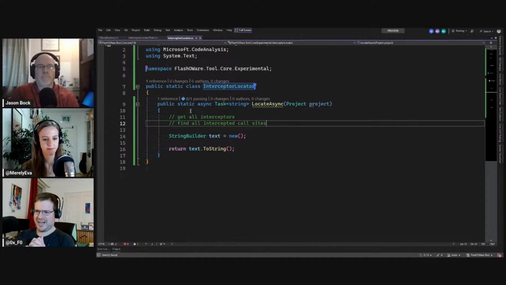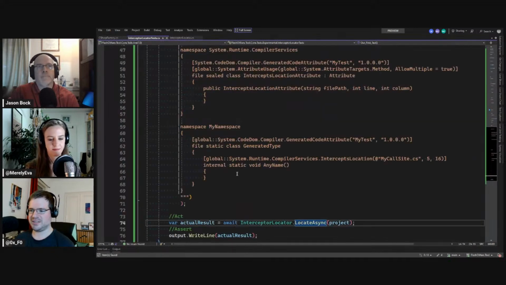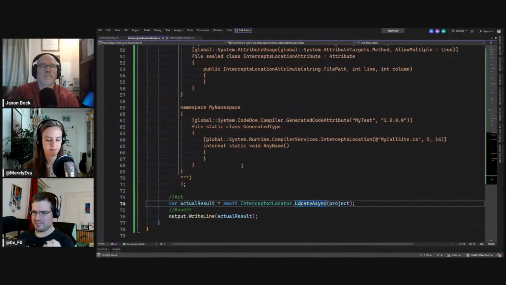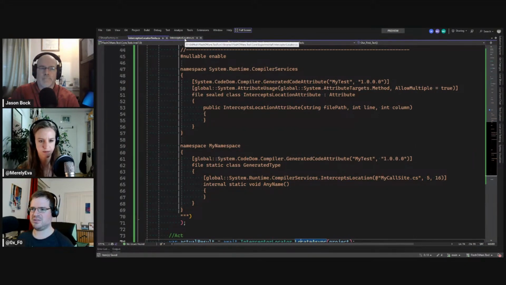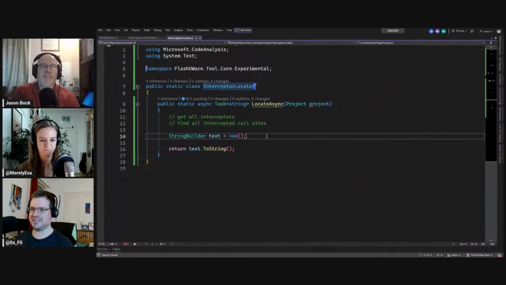How can we find all of our, so it must be methods, because this attribute can only live currently on methods. So find all the methods that have this attribute on top. Agreed.